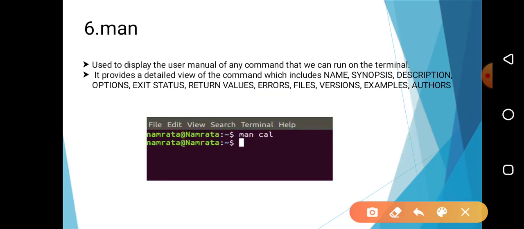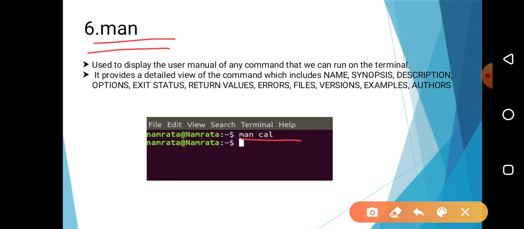The next one is man. Man is used for manual entry of the particular command. Manual entry means what? Suppose I want the detailed information about each and every command. Like what exactly the command is, what is the syntax of the same, what is the description of the same, what are the different options related to the same. At that time, I am using the man command. I do not know anything about a command and I want help of the same. Therefore, Linux provides you one facility called man.